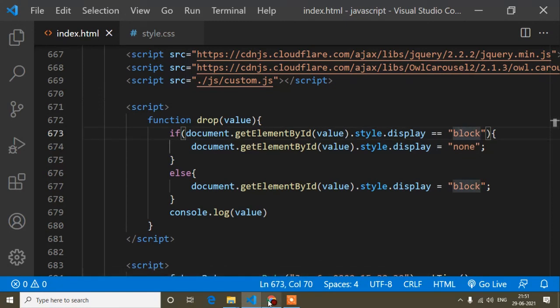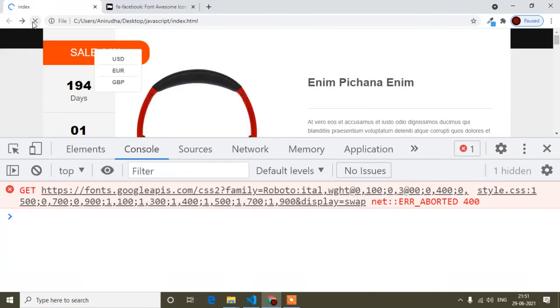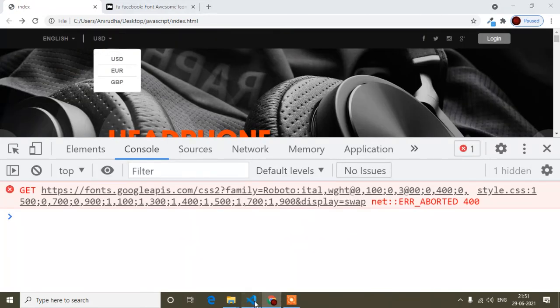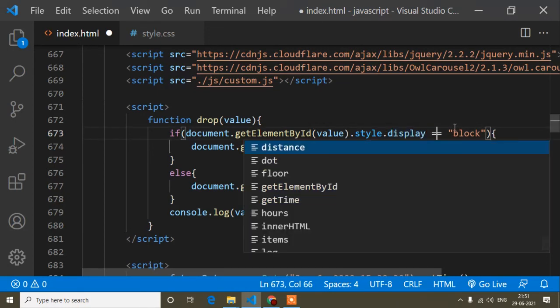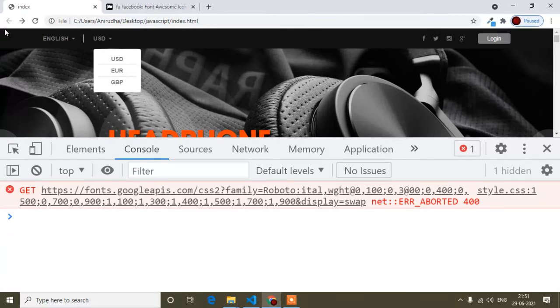Double equals means checking; I'm not assigning the value here. I'm just checking if it is blocked, so I have to write double equals, because it will check whether it's similar to block or not. If I wrote a single equals here, I would just be assigning a value, but I'm just checking here. So double equals, and now you will find it will work.